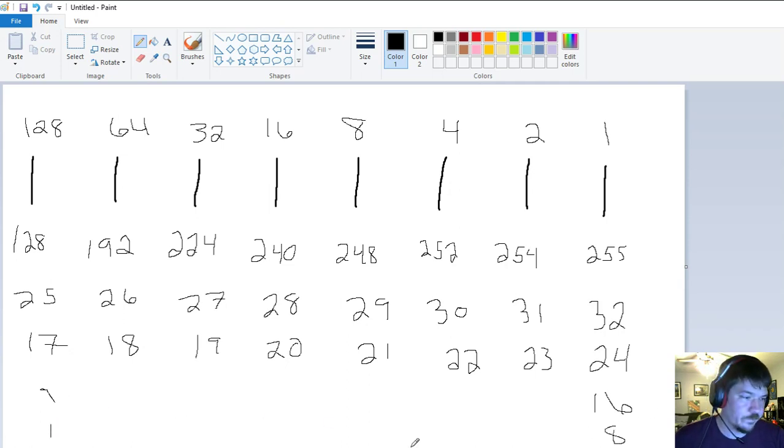So give me some more space over here. Okay, so a /24. This would be the interesting bit on the